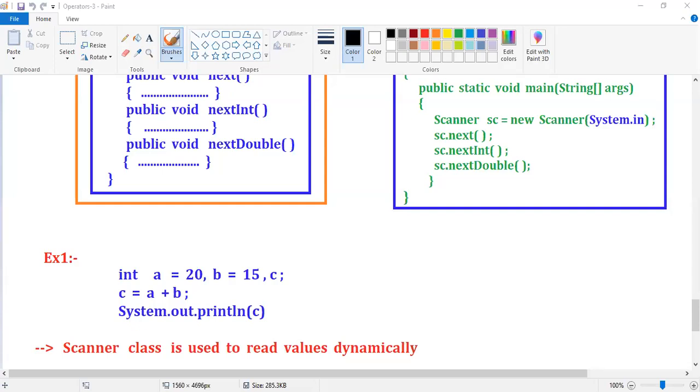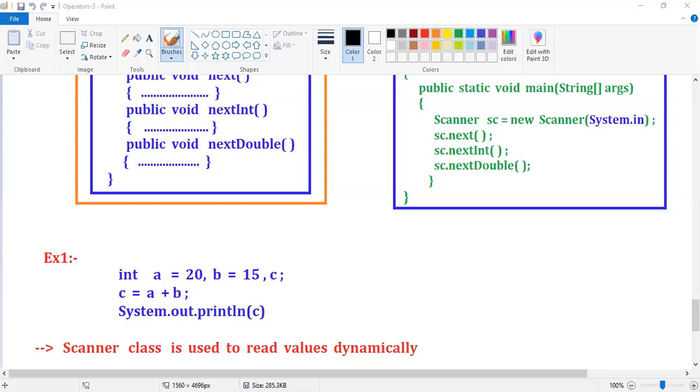Now, what is the purpose of your Scanner class, guys? Scanner class is used to read values dynamically. If you want to read values dynamically, what is required? Your Scanner class is required. Scanner class is available in the java.util package.